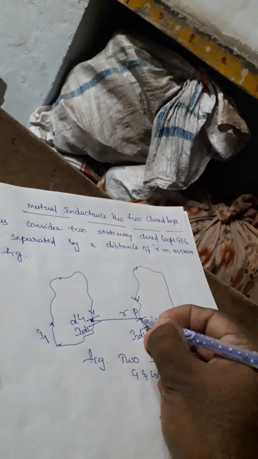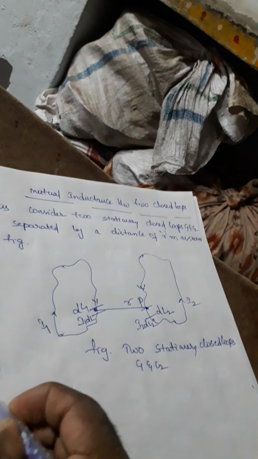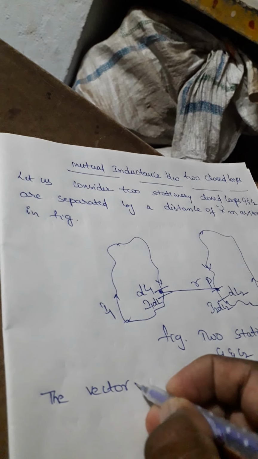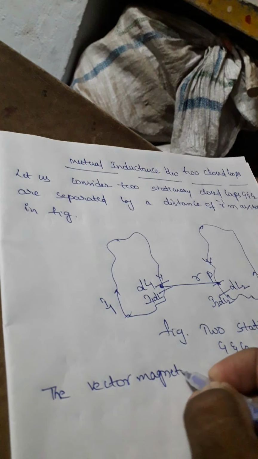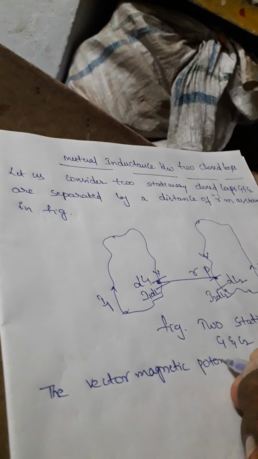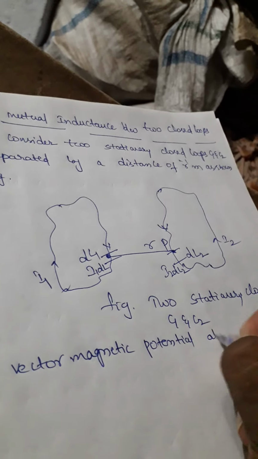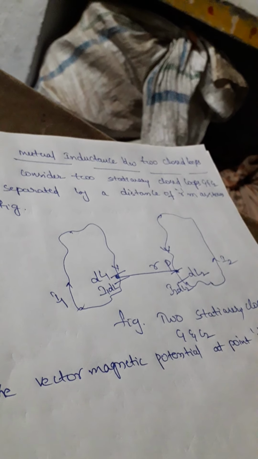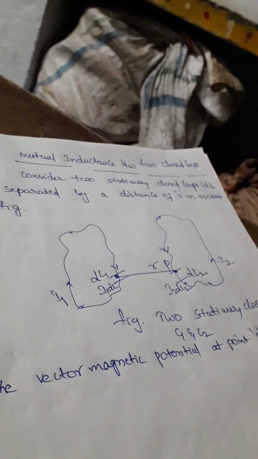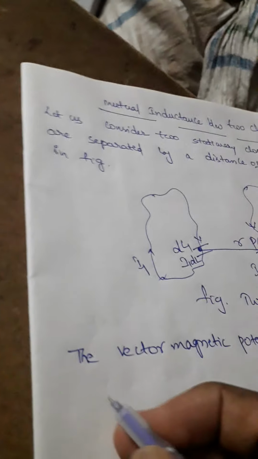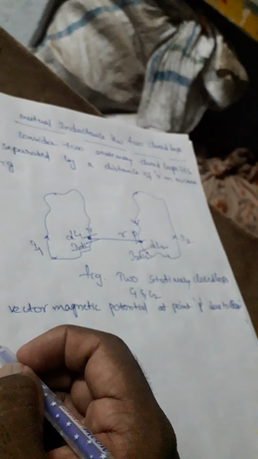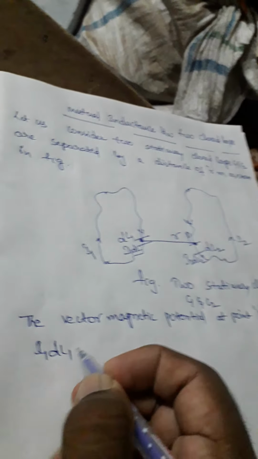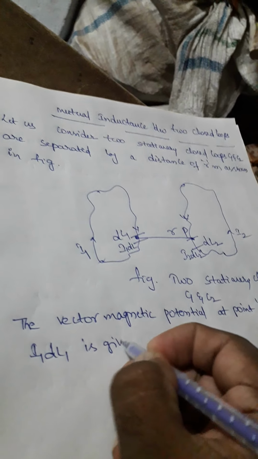So this is point P. We already discussed in previous classes the vector magnetic potential at point P due to I1 dl1 is given by